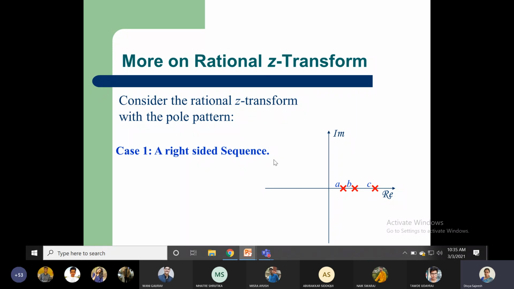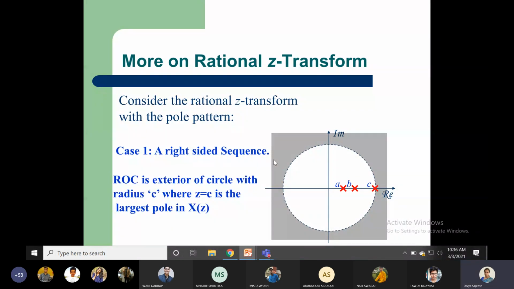There we have mentioned only a single radius. That means the Z transform has only a single pole. But in this case, you can see there are three poles, A, B and C. Then how will we identify the region? One thing you can be sure of is that it is always greater than the circle with radius r, never less than, because it is a right-sided sequence. So the region of convergence will be greater than the poles. But which pole: A, B or C?